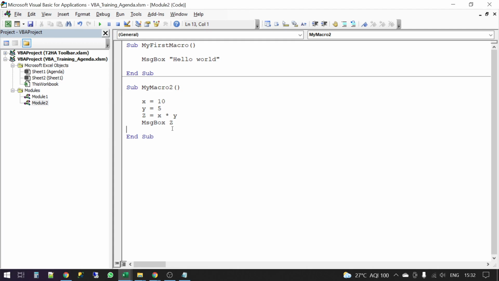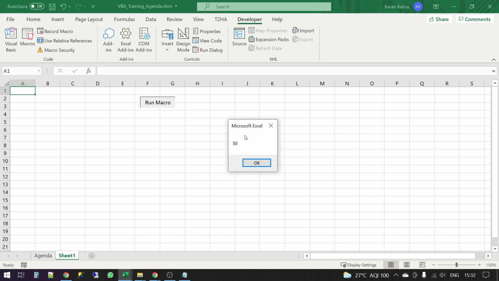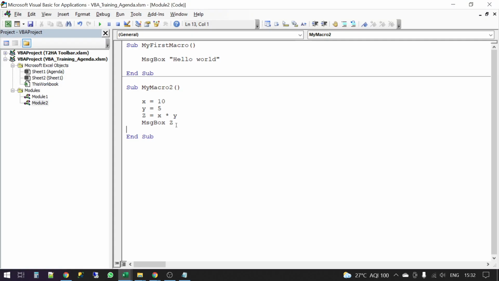Right? So it is running in 4 steps. It will show me 50 directly. 50. So that is the role of variables. We will come back to it when we discuss loops and other things.